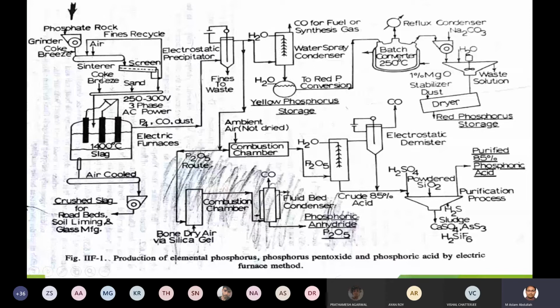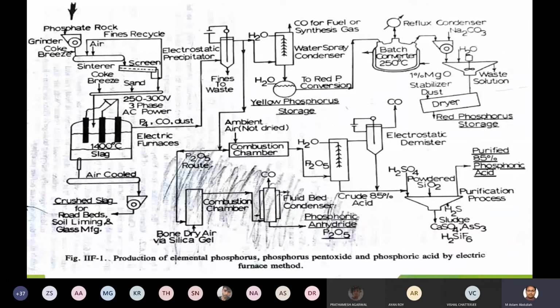What is the percentage of coke grease and what is the percentage of sand? It is not possible for us to specify here. The reason is that it depends upon how much phosphate rock you have passed to the electric furnace. If around 80% of phosphate rock has been passed, it means you will add 10% coke grease and the balance 10% sand. Likewise it varies according to the proportion of the feed that you have charged into the electric furnace.